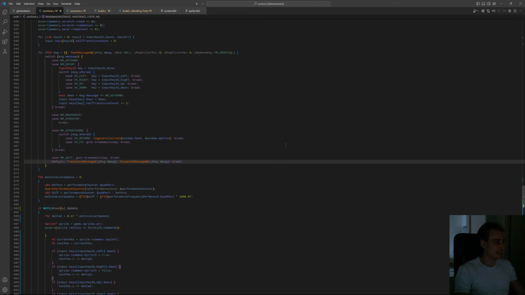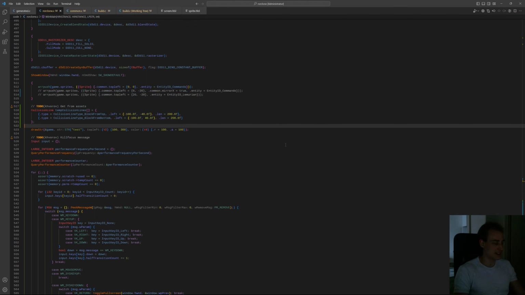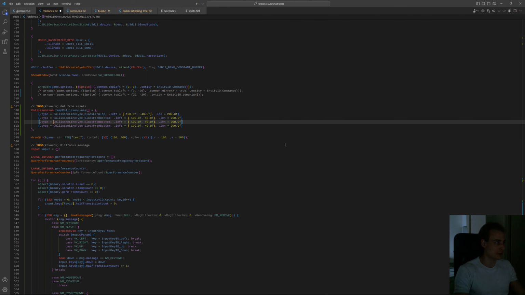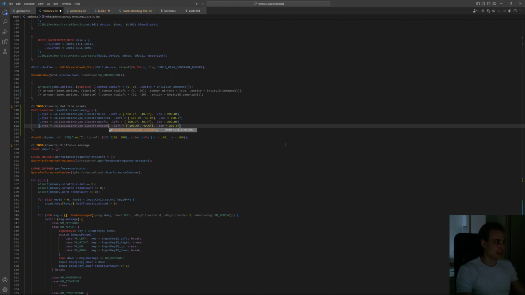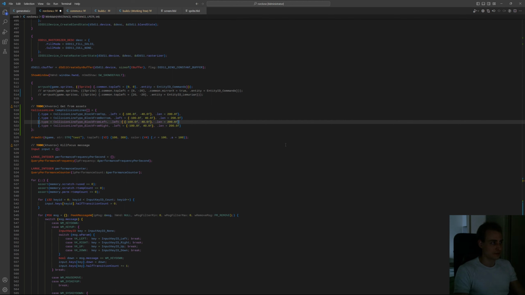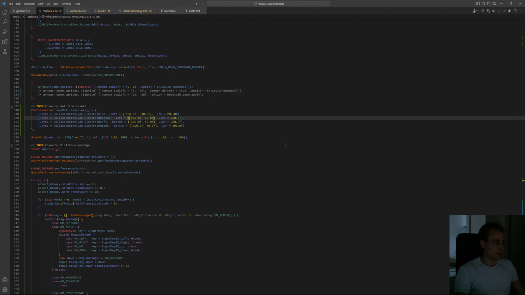Or, let's actually do the others. The other two types. Block from left. Block from right. Bottom, was it? Okay, bottom. Okay, minus 140, so